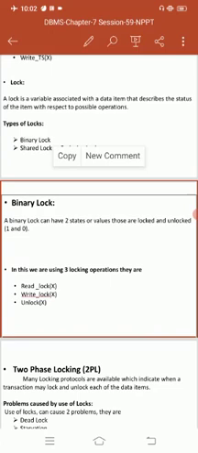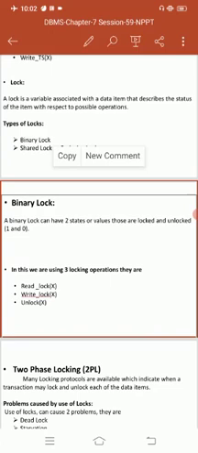A lock associated with a data item, denoted as lock X, can have three possible states: read locked, write locked, or unlocked. The implementation of the three locking operations can be handled by maintaining a lock table and keeping track of the number of transactions that hold a shared read lock on the data item. Each record in the lock table will have four fields: data item name, lock, number of reads, locking transaction.